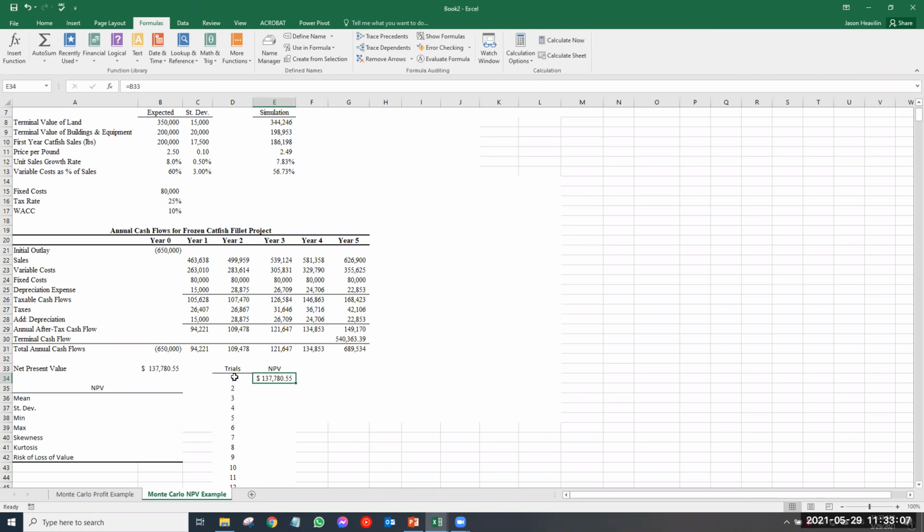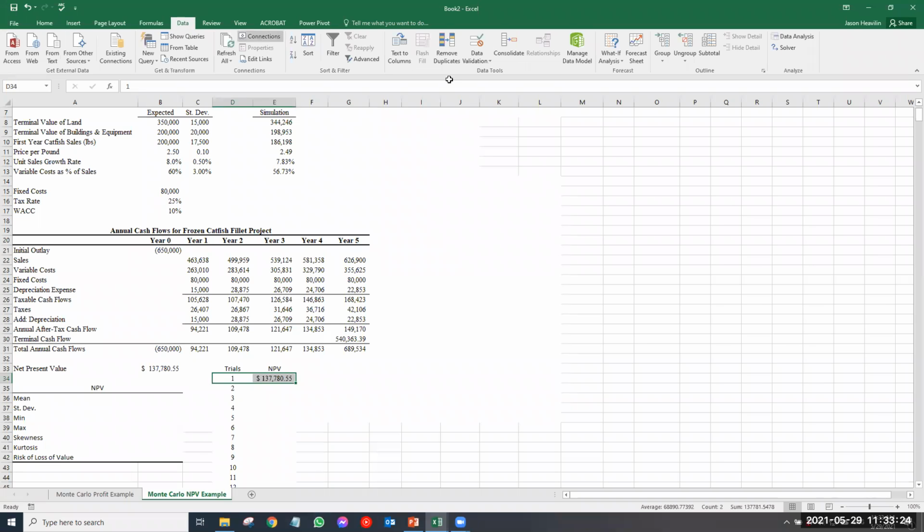Okay, so now what we want to do is do the same thing 1,000 different ways, 1,000 different simulations, and to populate all the way down. So you want to select these 2 cells. You need them both selected. Okay, we're going to go here to data, and we're going to go to what if analysis. And we want to build what we call a data table. Once you select that, since we're doing columns, ignore the row. So let's go to a column. Now, as we explained in the previous video, all you're going to do is pick any blank cell that doesn't interfere with other calculations. And it's just a place for Excel to work with,